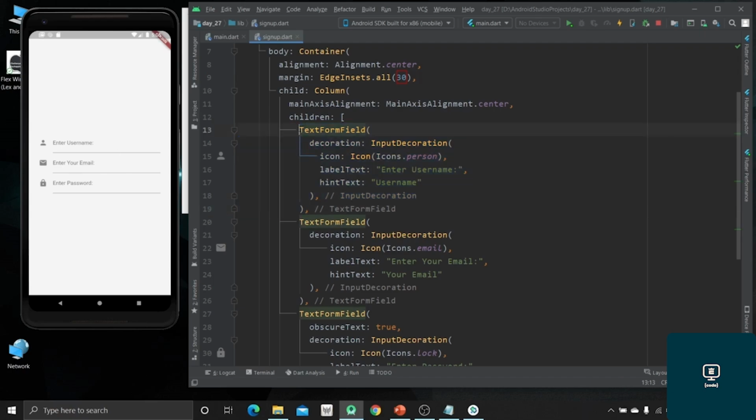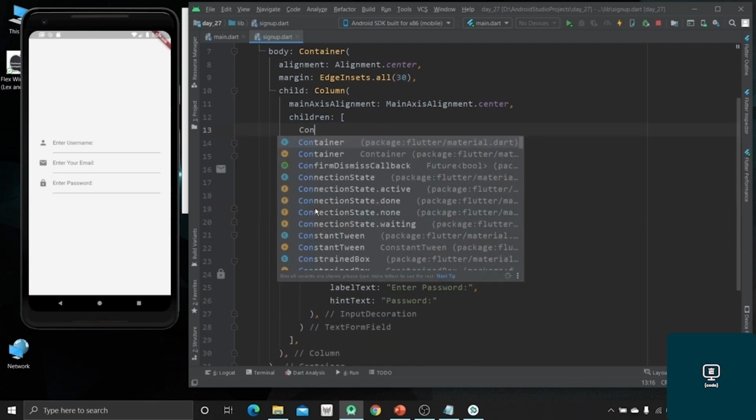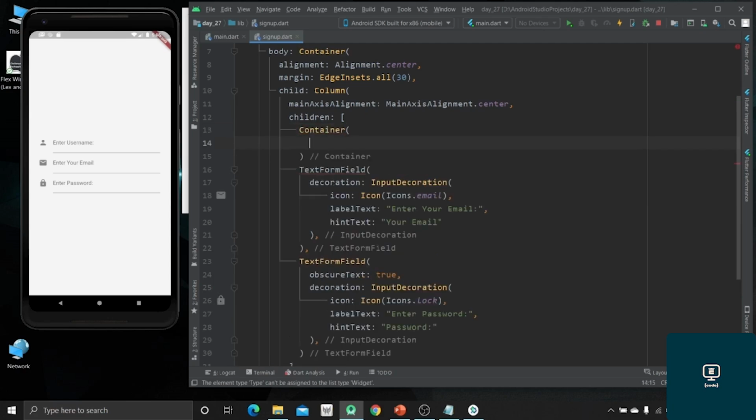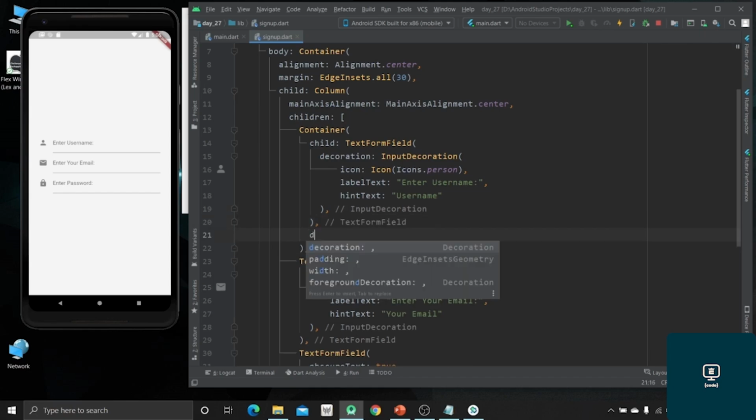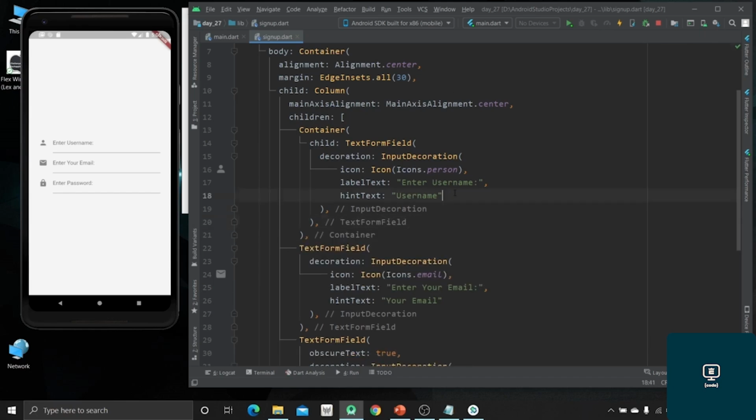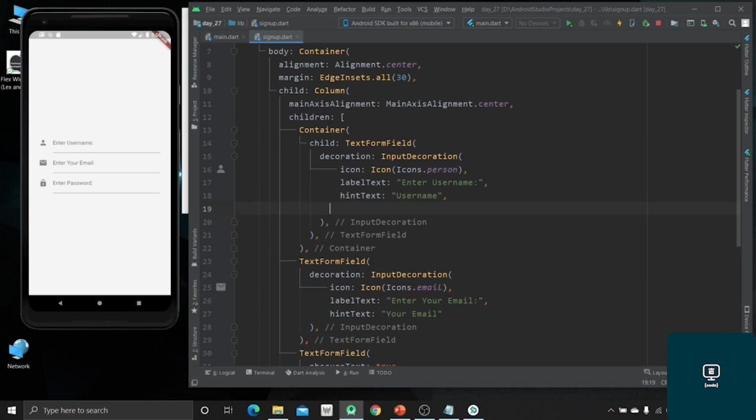So I'm going to create a container. Inside it I'm going to place this text field. Now I'm going to give some decoration to this container, like, first of all, this input decoration,